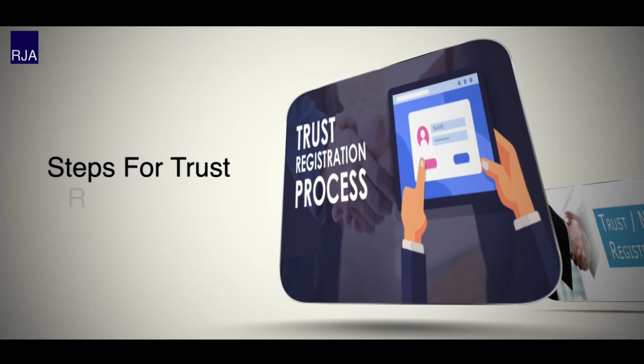Once the trust is in compliance with all the above mentioned conditions, they shall follow the following steps in order to register their trust. First of all, the applicant is required to reserve the name of the trust and ensure that such name does not fall within the restricted list of names provided under the Emblems and Names Act 1950. After reserving the name, the trustees are required to draft the trust deed. Basically, the trust deed is the primary and most essential document which provides for the objects of forming a trust.